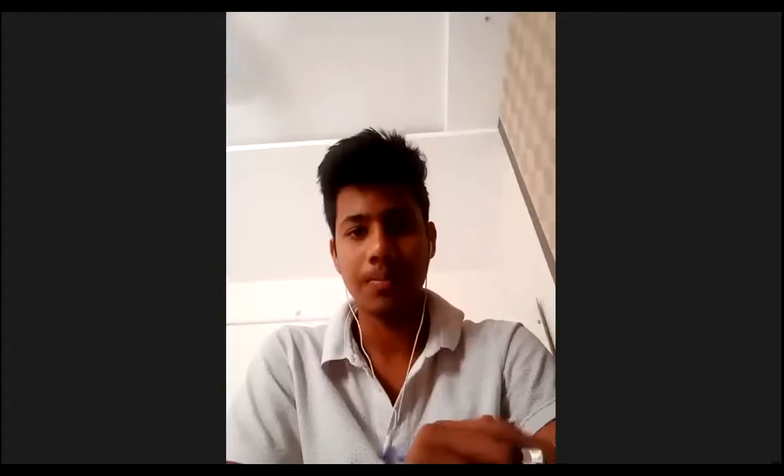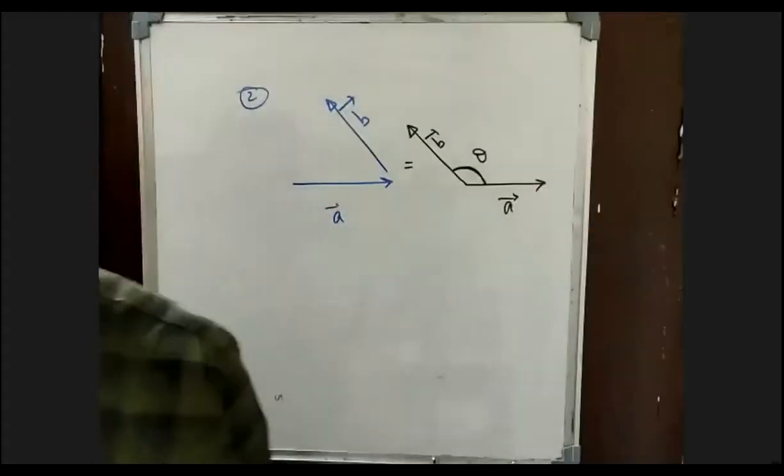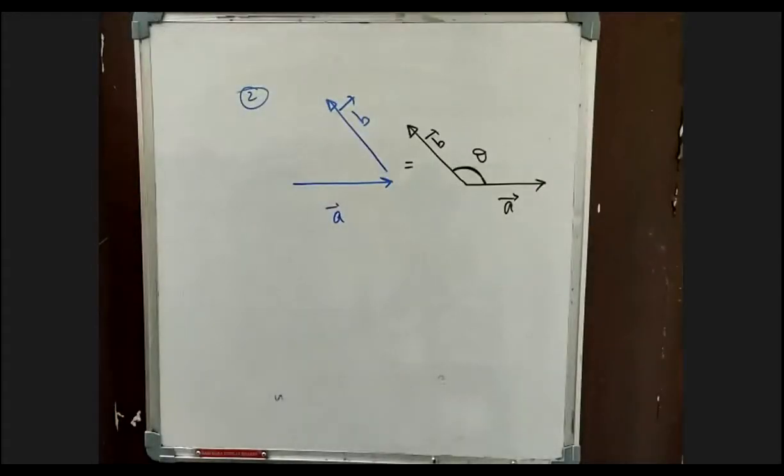So we got a method to calculate the angle between two vectors by the head to tail method and the tail to tail method. You need to be a little bit perfect in this one, beta. Whichever method you feel comfortable with, you can try to use. There is no problem in that. Clear for everyone? Let us go for the next one.